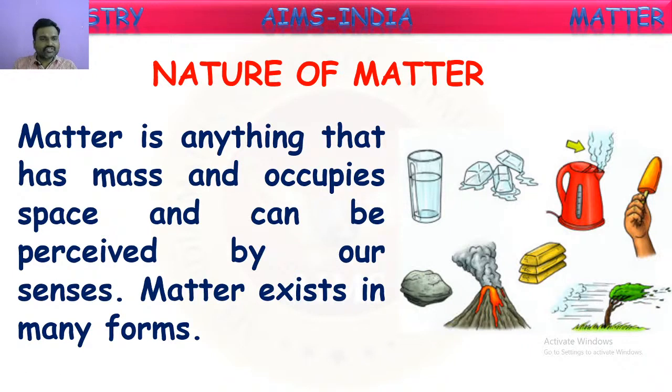These all come under matter. Because as we set the definition, matter is anything that has mass and occupies some space and can be perceived by our senses. Our senses is like some matter can be touched, some can be seen, some can be felt. So in this way, that can be perceived by our senses. So, which is having these three properties can be considered as a matter. So, these all come under different forms of matter.